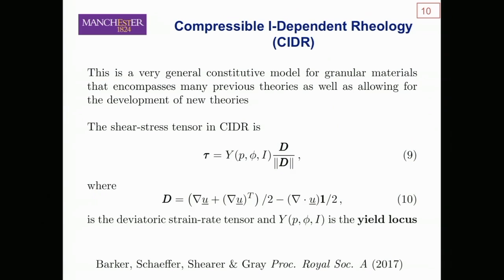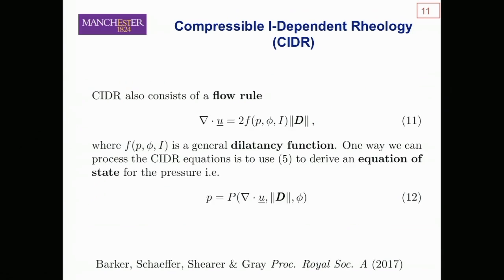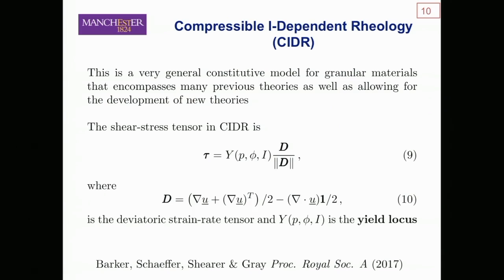Okay, so just to finish, I'll go over our new idea for compressible theories, and this is a very general theory that we call the compressible I-dependent rheology, or CIDR. This encompasses not only the mu of I rheology potentially, but also ideas from critical state soil mechanics. What we've done is generalize the stress tensor, saying that the magnitude of the stress tensor now not only can depend on the pressure and the inertial number, but will also depend on the packing density of the grains, because material with closer packing is going to be stronger than material that's packed